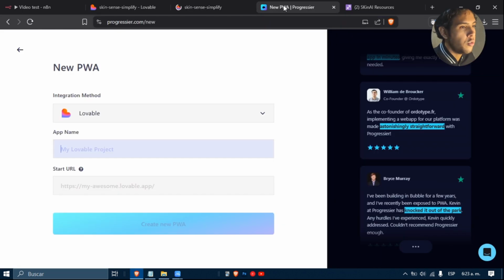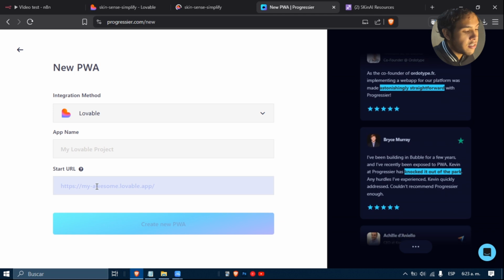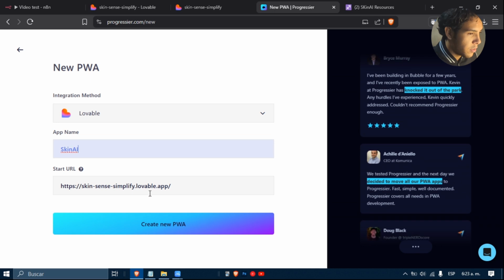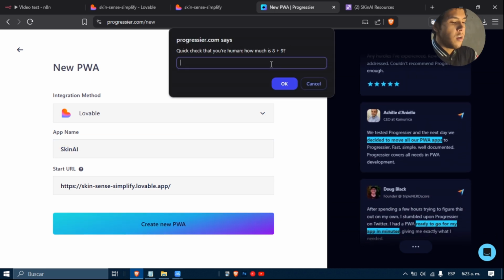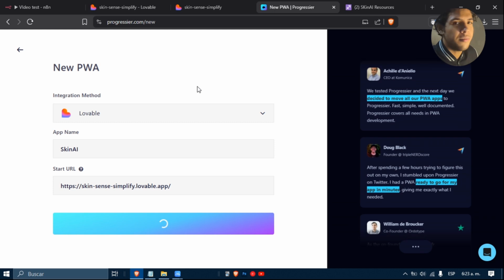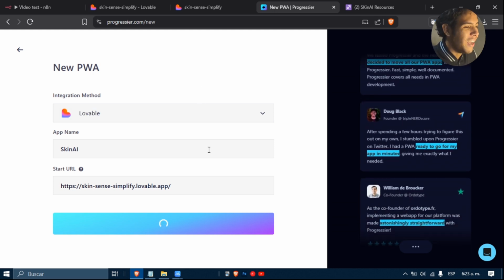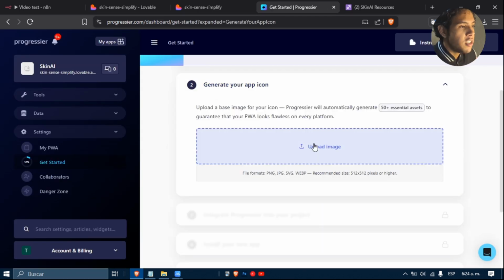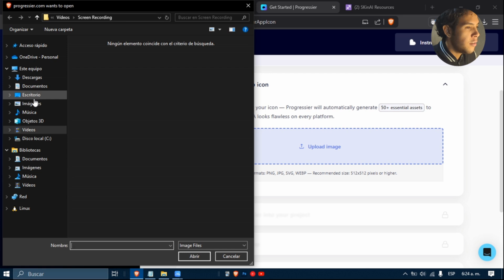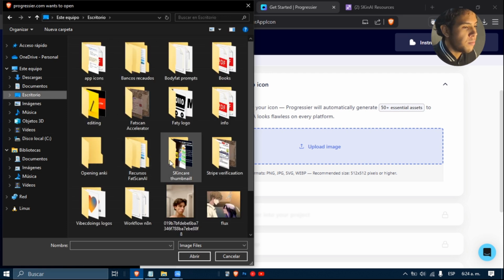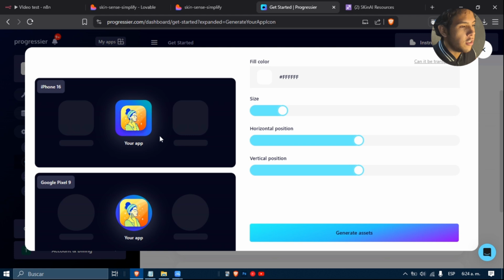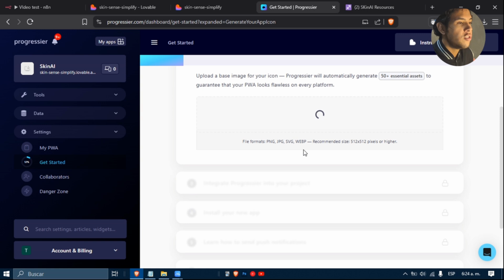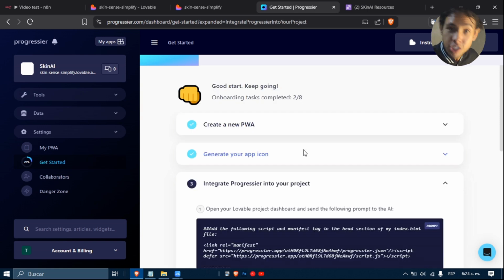Copy this link, go to new app. All right, start URL, you paste this. I'm going to use Skin AI, for example. Skin AI. Perfect. Create a new app. Progressier here, no code, perfectly. Upload an image. I got an image created for this mobile application. Skincare logo, perfect. Generate assets. Now we need to wait a bit more because Progressier is doing the annoying job to turn our